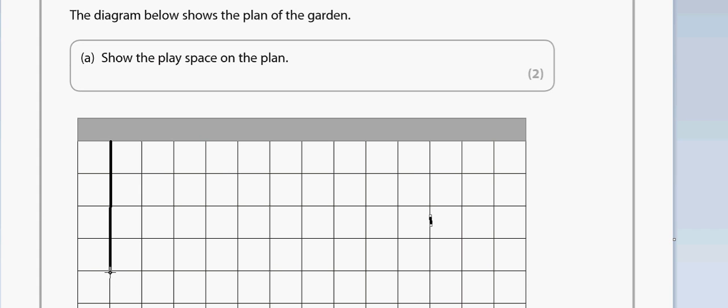Okay, so from here we come across 2, 4, 6, 8. Oh, my line's kind of a bit wobbly. 2, 4, 6, 8, 10, I believe. So it's 1, 2, 3, 4, 5, 6, 7, 8, 9, 10, 11. So one more square would be 12, and then he's going to come down